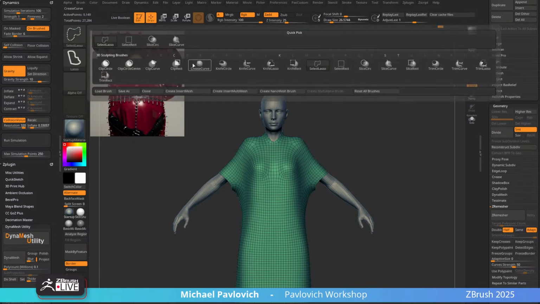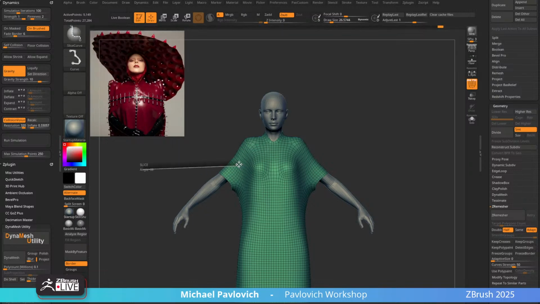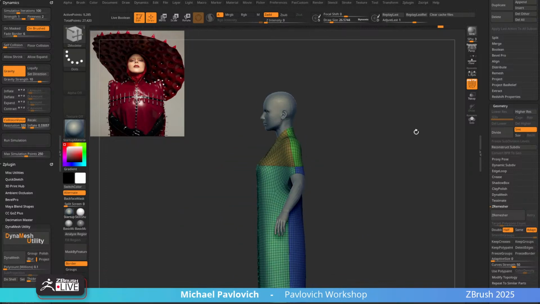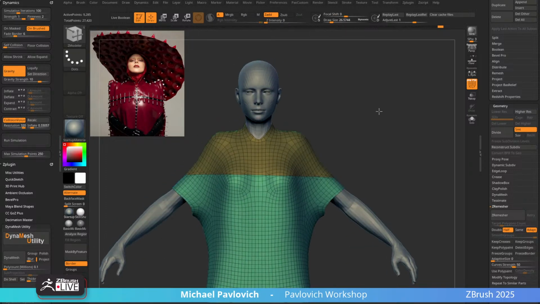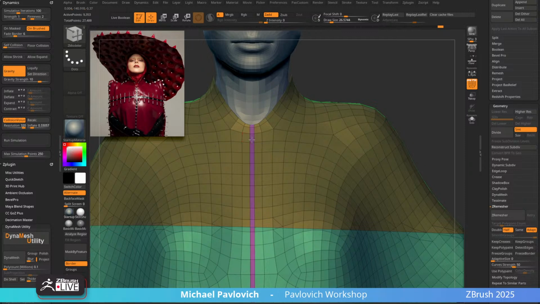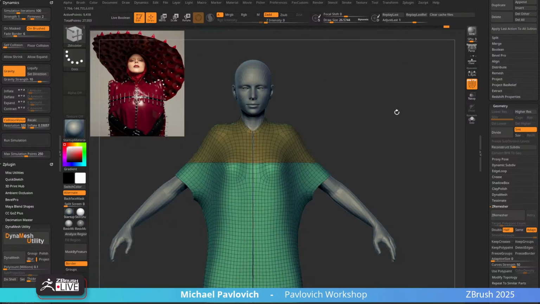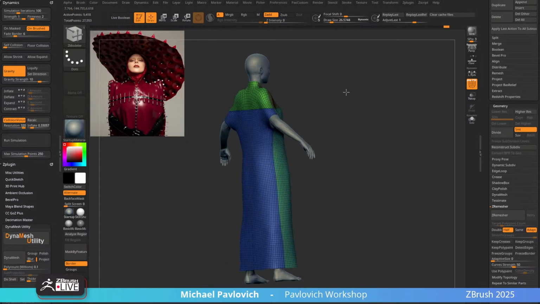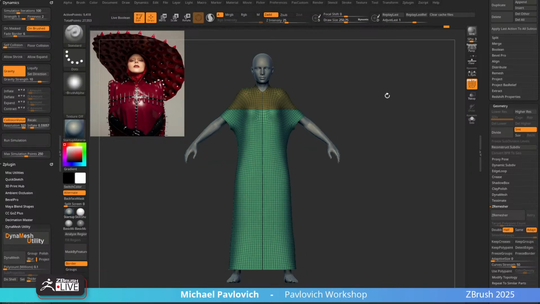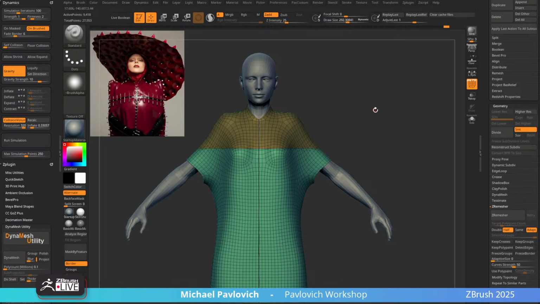So one more time real quick, just slice curve right along here, so it gets the front and the back, and then one more time we're just going to put a bevel right down the middle, and then Control Shift with our select lasso, and we're where we started. So delete hidden, geometry, modify topology, mirror and weld across the x-axis, and there we go. So now we got this all divided up, and now if we want a little bit of nicer geometry,